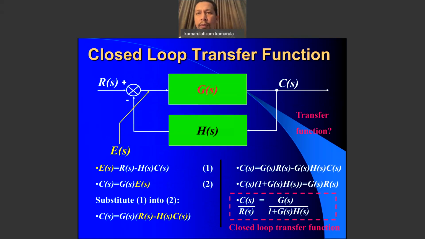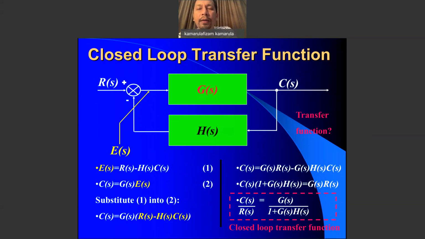Okay, so you can see for the whole equation, E of s is basically R of s minus C of s multiplied by H of s, because you have the input signal. If you look at this block diagram, you can start from the H of s. The input is C of s. Then the output of H of s here is C of s times H of s. So in order for you to get